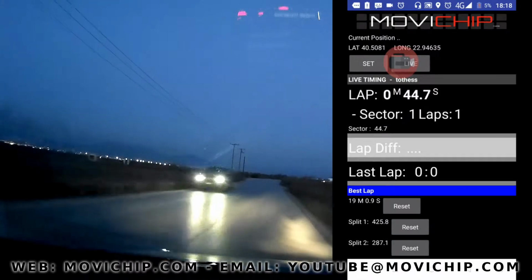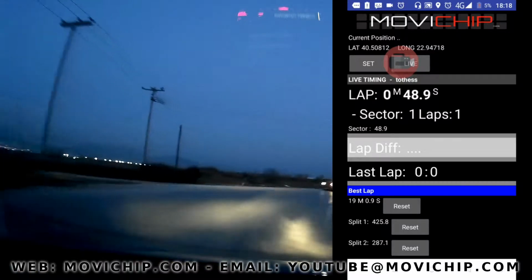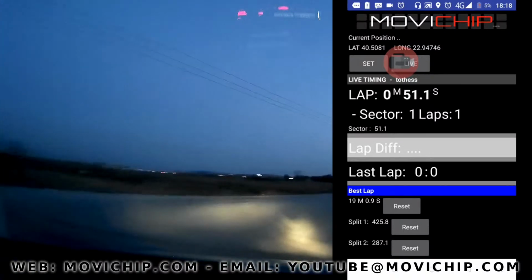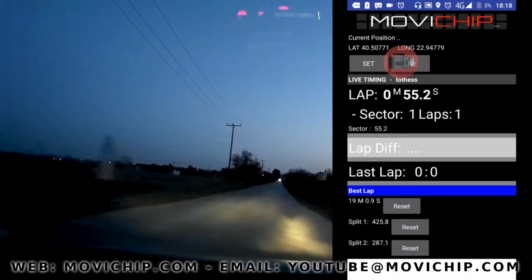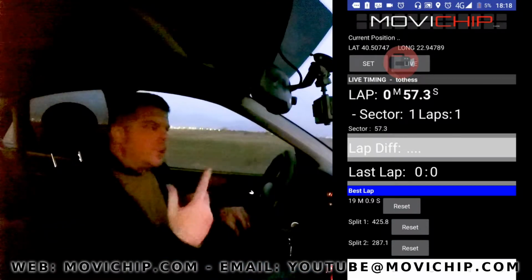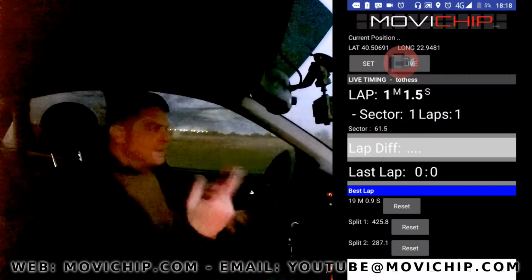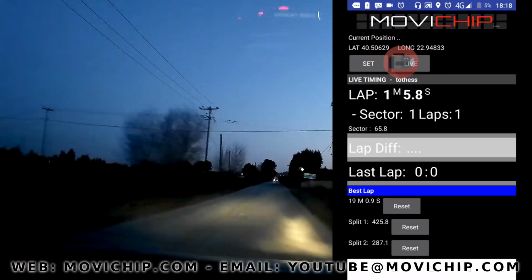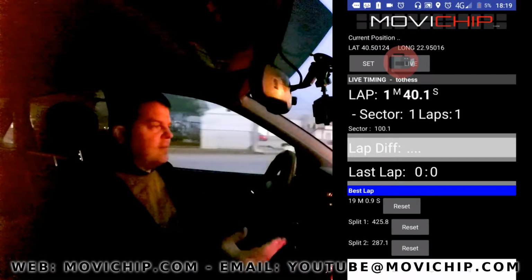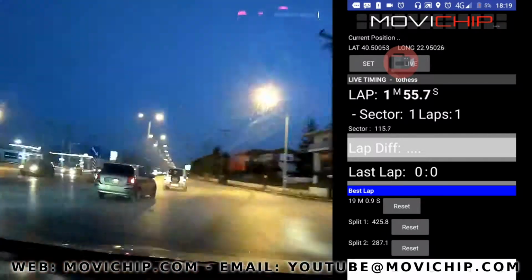So if you could just go below it now, it says sector 1, so we're in sector 1 of this route, i.e. we're between the start point and split 1. Lap is 1, we're doing a route, we're going from A to B, so the lap is only ever going to be 1, we're not going round in circles. Underneath that you've got sector time in seconds, so this is the current number of seconds we've been in this sector. It's going to be a while until we reach split 1, another 8 minutes, so we're just going to